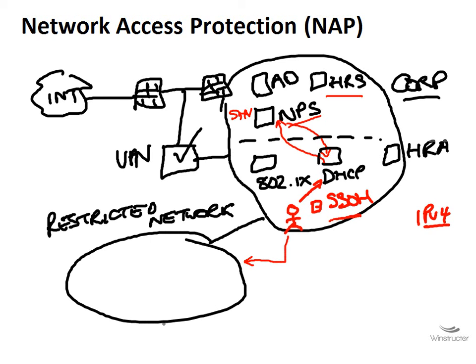Now, this restricted network, by the way, would be a separate network that either has no routes to the corporate network or perhaps it's on its own separate VLAN. So on this restricted network, there would be a server called a remediation server. Actually, there might be more than one server providing updates, but the point is that this remediation server's job is to try and bring Jordan's PC here, which is known as a NAP client,